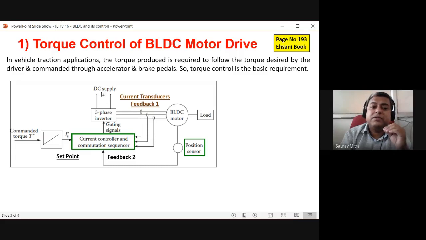So this is the DC supply which is coming from the battery. This is coming to a 3-phase inverter. Now depending on all these 5 inputs, that is current input, position of the coil with respect to permanent magnet, and the third thing is what is the current demand. So these are the 5 inputs. Now this DSP controller is a smart controller which mixes all these 5 inputs, and it decides what is the next controlling strategy. So if you are finding position is somewhat favorable and these 3 currents are less and torque is asked more, so DSP control is like a brain.